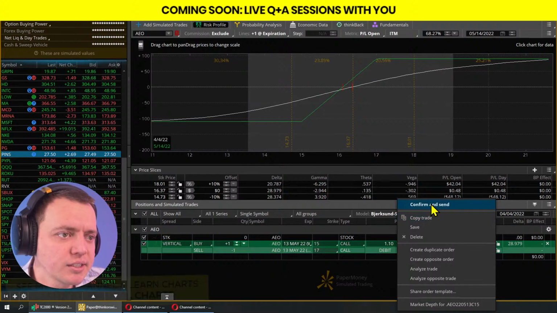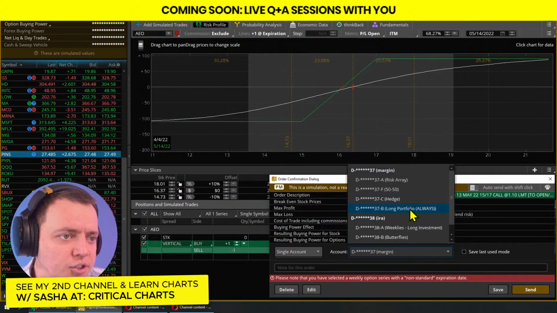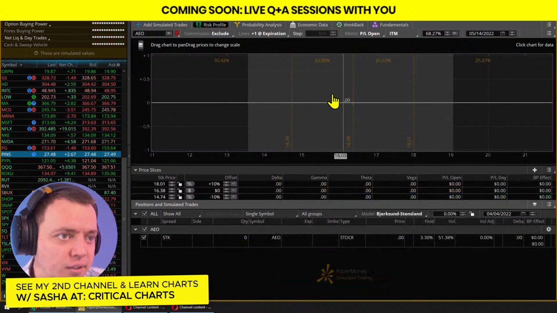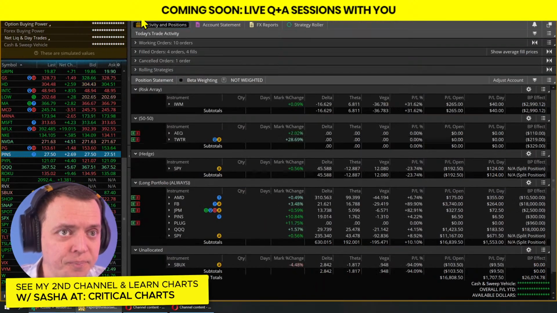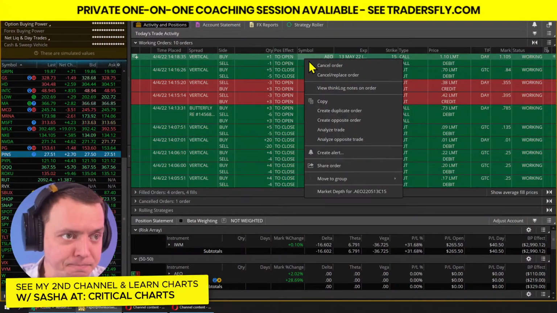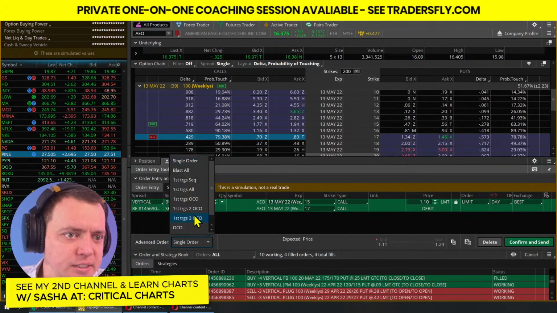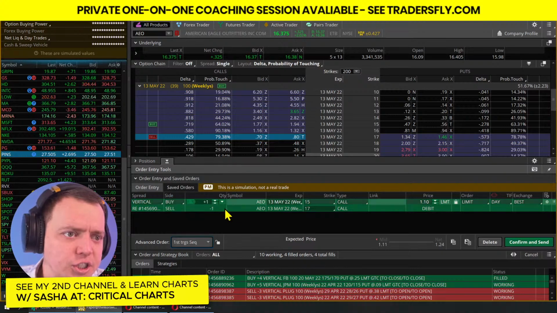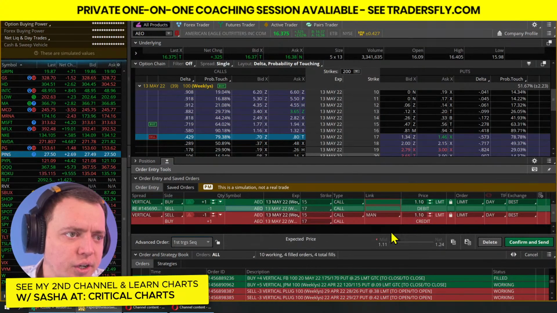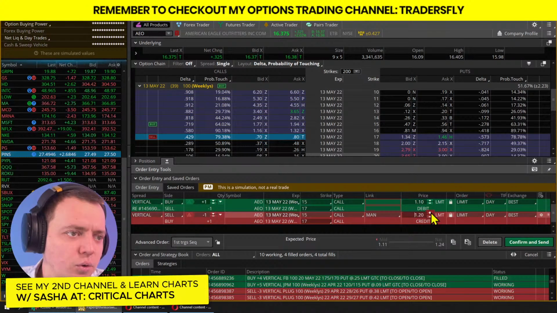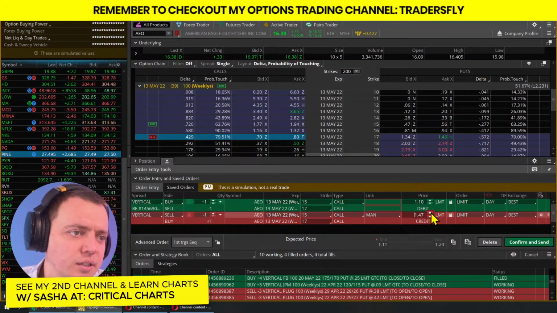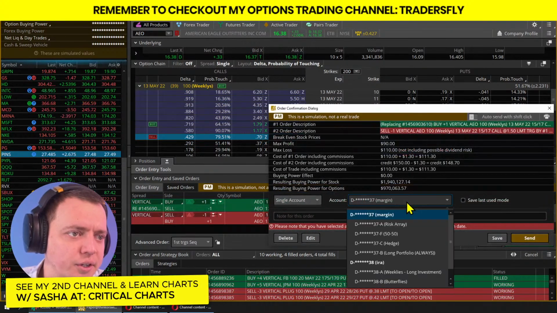Let's go with $1.10. Let's see if we can do it a little cheaper. It's a 50-50, right at the money. See if it gets filled. And then what we'll do is, let's see, first trigger sequence. So what we'll do is create an opposite trade. Once that gets filled, we will sell one for about 50% of that, 30% or so, about $1.50. So we're going to go ahead and do that exact trade right there.